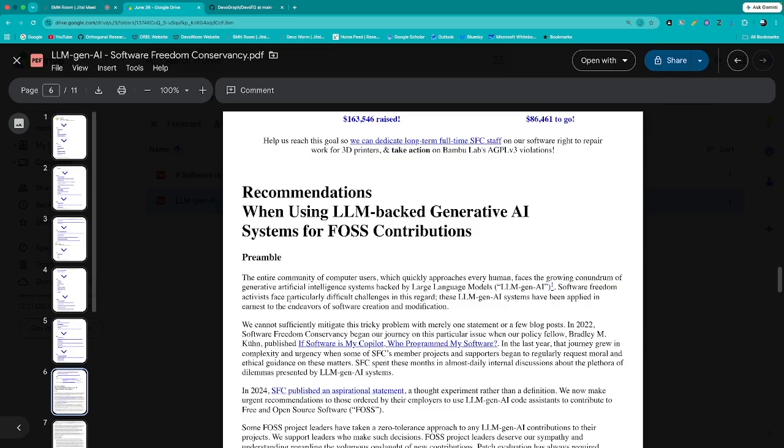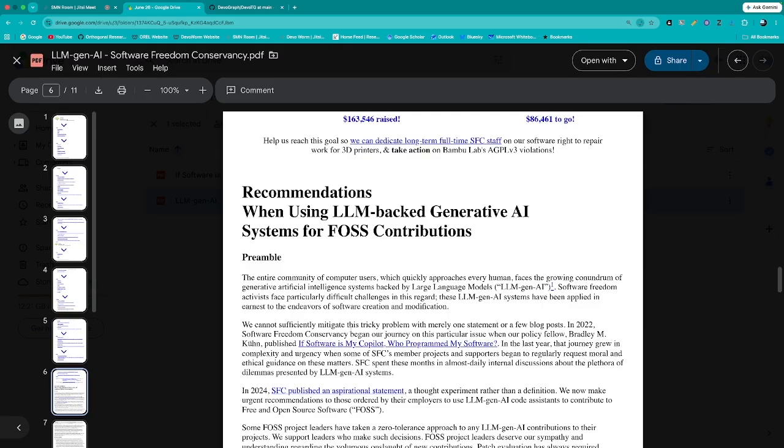Software freedom activists face particularly difficult challenges in this regard. These large language model Gen AI systems have been applied in earnest to the endeavors of software creation and modification. We cannot sufficiently mitigate this tricky problem with merely one statement or a few blog posts.